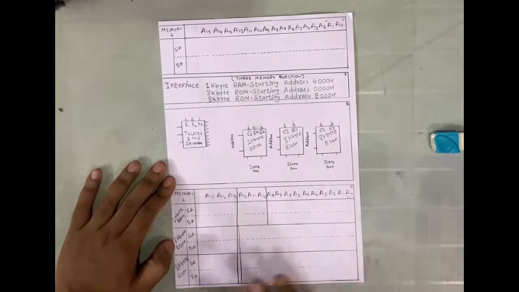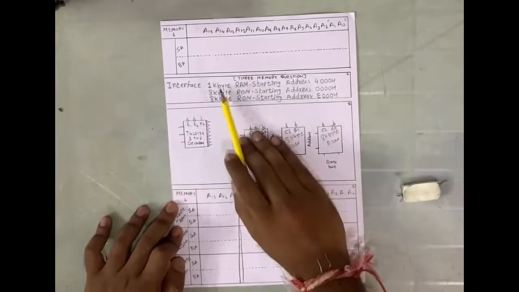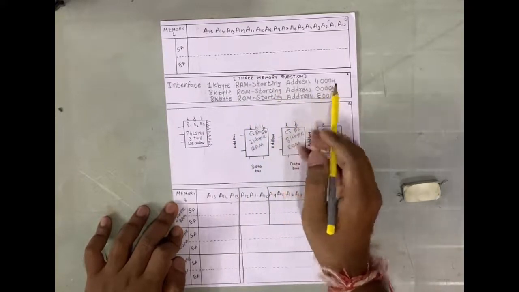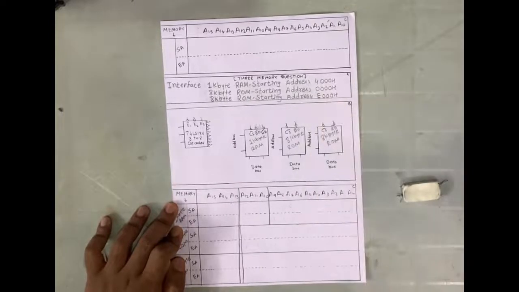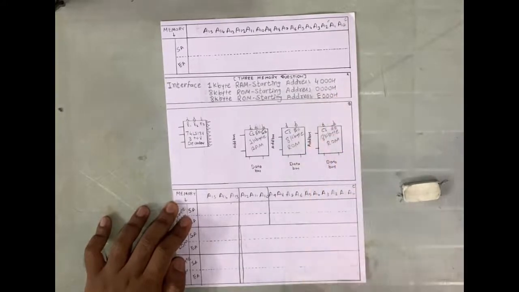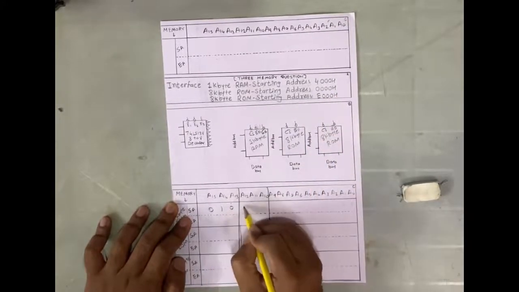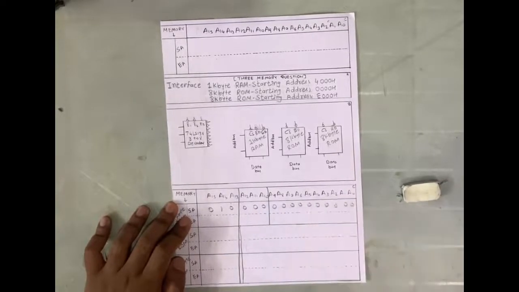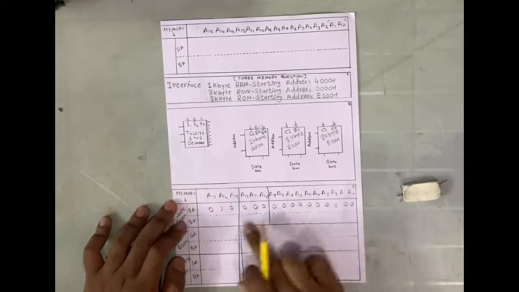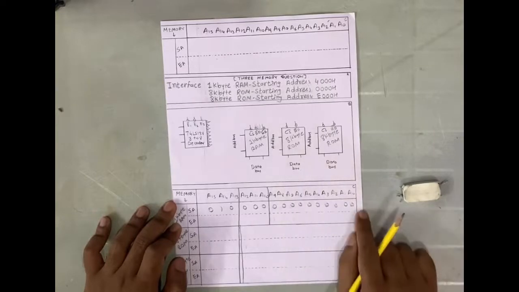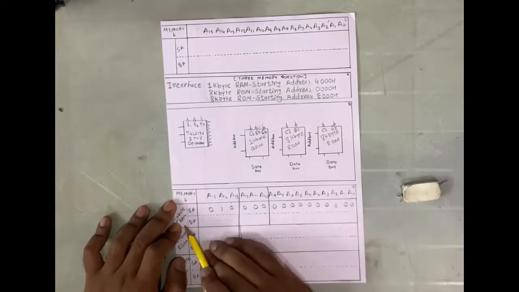Okay, now let's find the starting and the ending address of each memory. In the example, the starting address of the RAM is given. And what is the starting address? It is 4000H. So let's convert the 4000H into binary and write it into the starting address. If you convert 4000H into binary, you will get 0, 1, 0, 0, 0, 0, 0 and 0. So starting address is given. Now to find the ending address, we will set all the address lines which are given to the 1K byte RAM to 1.